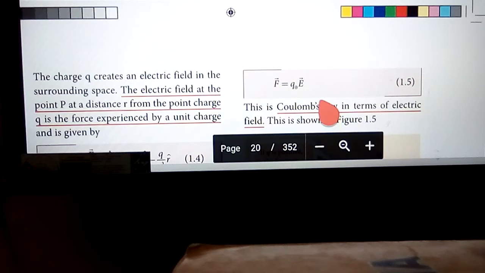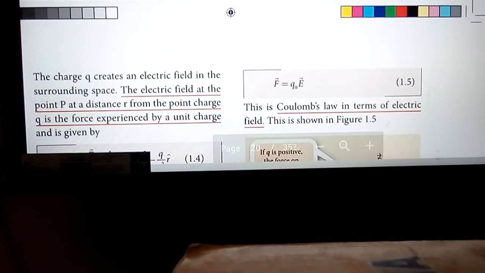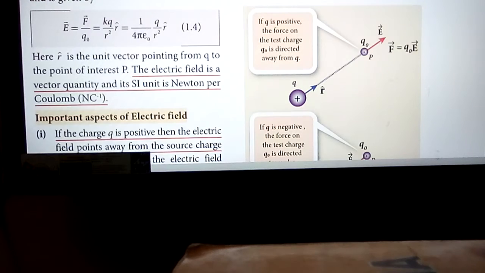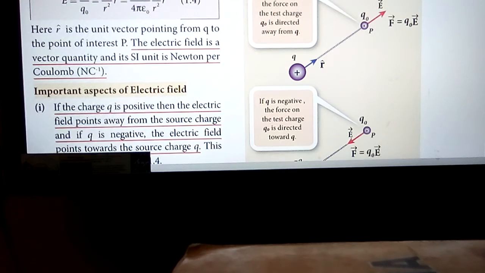So this is Coulomb's law in terms of electric field, and that is given by this illustration here. So the force is given by F equal to Q0 times E. If the test charge is Q0, which is also a positive charge, and when it is brought near this positive charge plus Q, then the force acting on it is given by F equal to Q0 times E, where this E is directed away from this